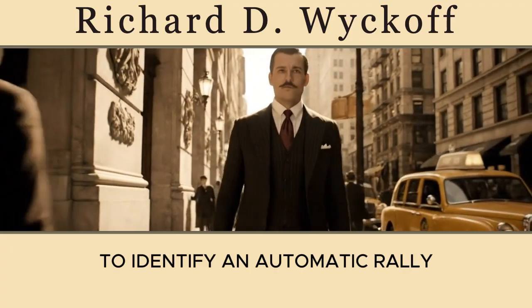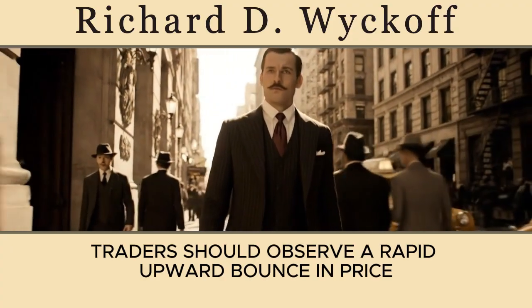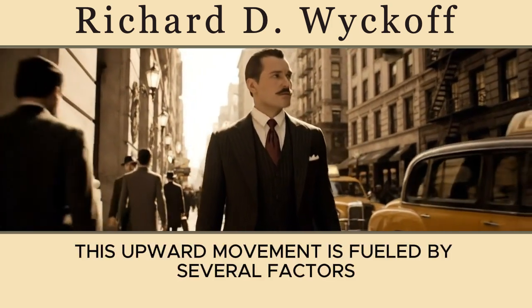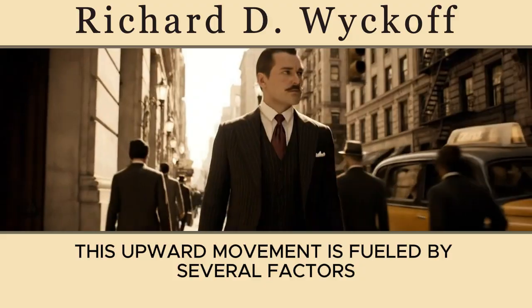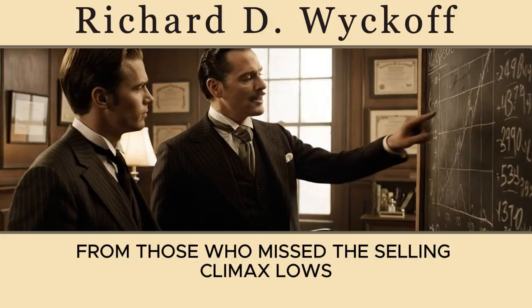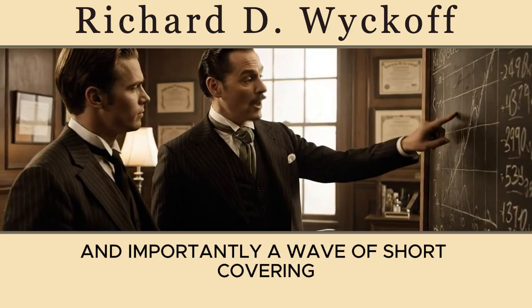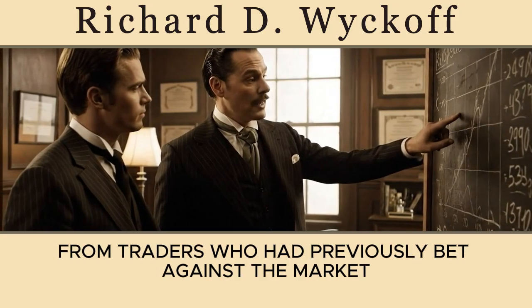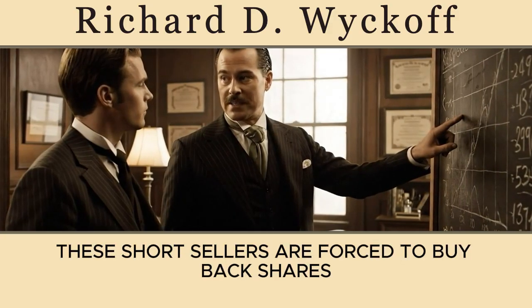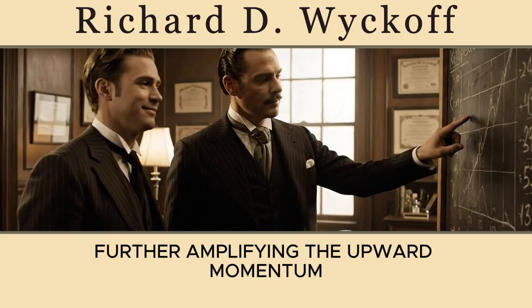To identify an automatic rally, traders should observe a rapid upward bounce in price, often occurring with notable momentum. This upward movement is fueled by several factors: a genuine increase in buying from those who missed the selling climax lows, and importantly, a wave of short covering from traders who had previously bet against the market. As the price moves higher, these short sellers are forced to buy back shares to close their positions, further amplifying